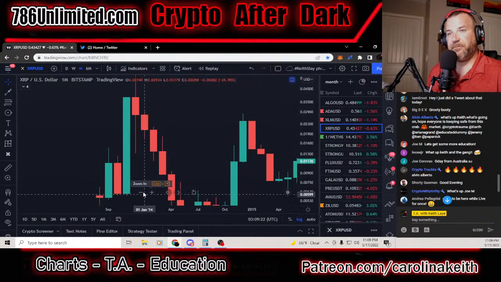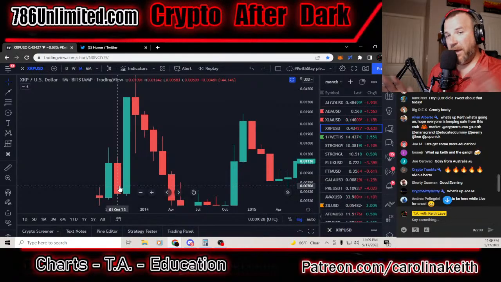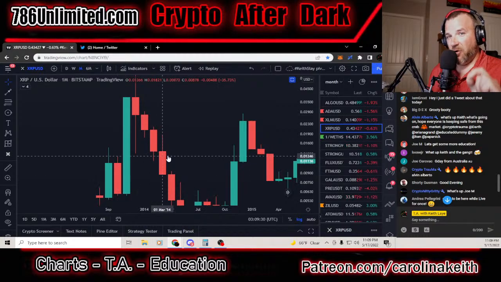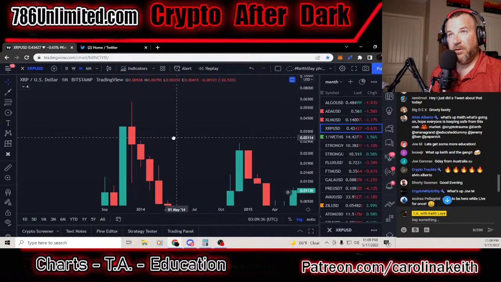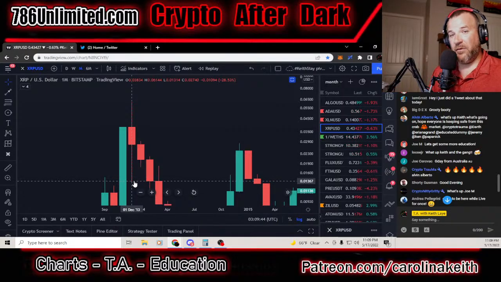These are basics. The candle body is the opening and the closing of that month. No matter what, the candle body is the opening and the closing of the month. The wick is the highest point and the lowest point of the month. The wick on the top is the highest point and the wick on the bottom is the lowest point. That can happen at any time during the month. If it's a daily candle, that can happen at any time during the day. Okay? Fairly important to understand because they both matter.